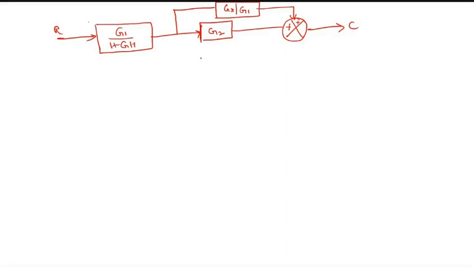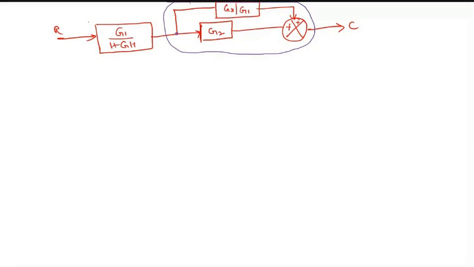The resultant here is C. Now one more simplification is needed. If you look here, these two will be parallel, because the output of this is connected to the summing point, and the output of this is connected to the summing point, and these two will be connected to the same point. That's why it is parallel. What is the meaning of parallel? Parallel means if you have two resistors, the starting ends of the two resistors and the ending ends of the two resistors will be connected together. That is called parallel. In a similar fashion here, this G2 block starts here, and the G3 by G1 also starts here, and both end at the summing point.